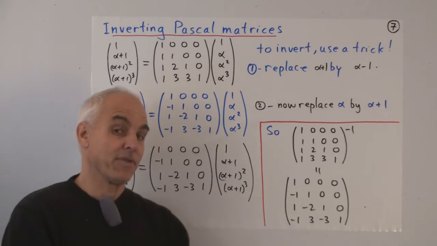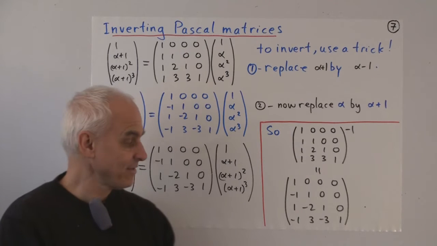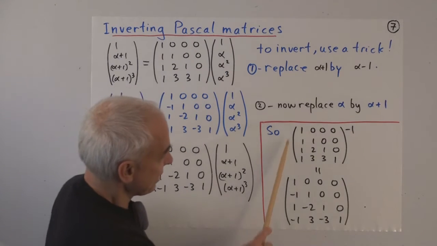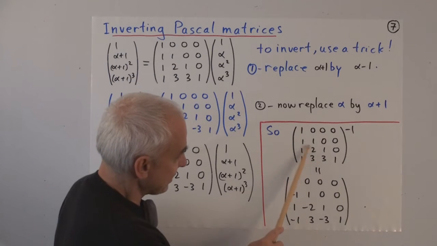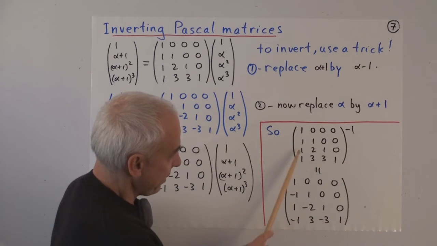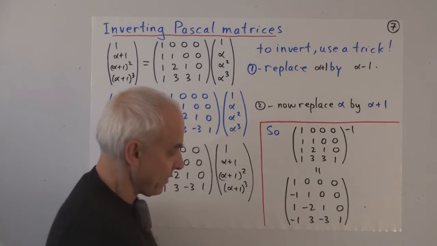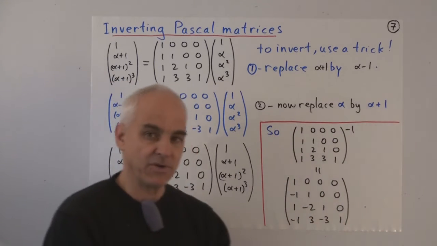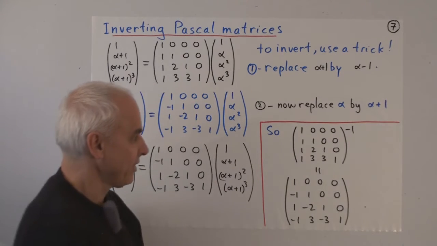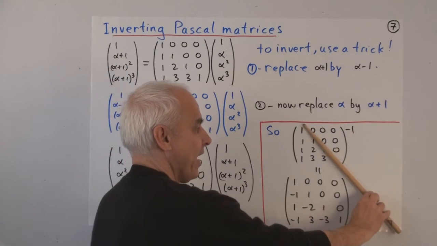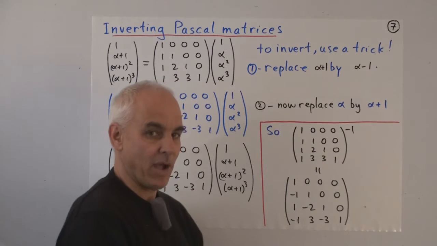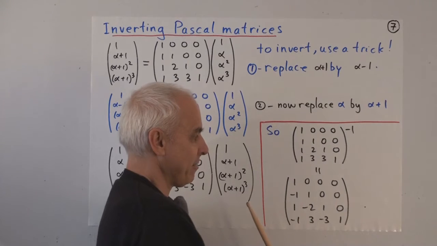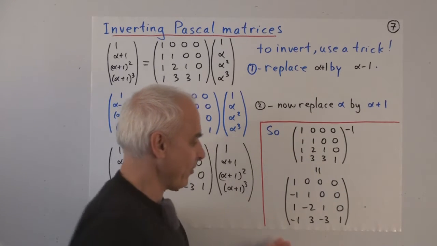It's a lot less work than inverting matrices usually is. Usually inverting matrices is quite a lot of work. Here what we do is we just take the matrix and we put minus signs down that diagonal, and then skip a diagonal and put minus signs down the next diagonal. And if it was a much bigger Pascal matrix, the same recipe would hold. We would leave the diagonal where it is, and then the next diagonal below that we would multiply all of them by minus 1s. Leave the next diagonal by itself, the next ones by minus 1s, and so on.